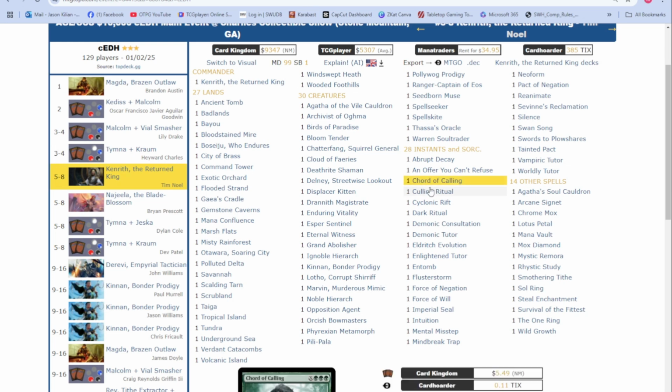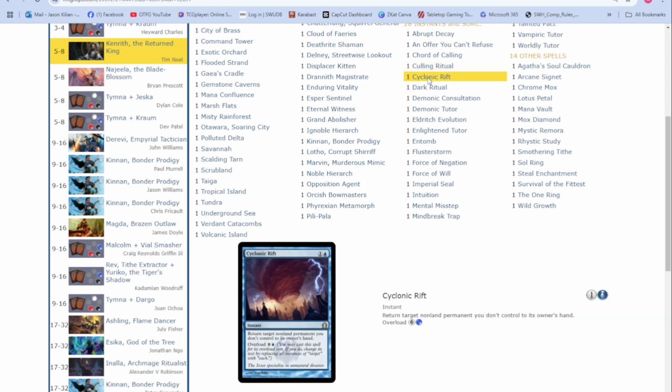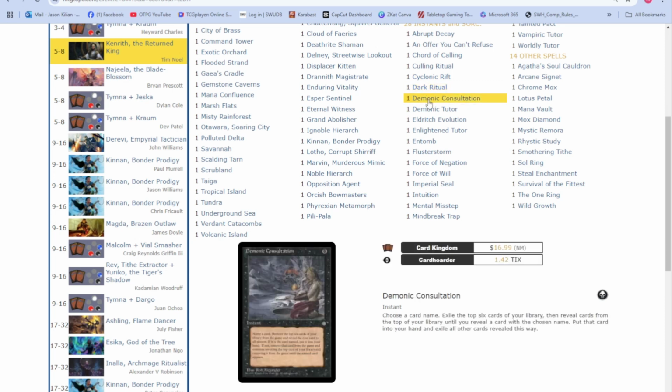Court of Callings bring out creatures from your deck. The Calling Ritual, destroy each non-land permanent that's value 2 or less, and then add a green or a black for each permanent destroyed this way. Ugh, so good. Cyclonic Rift, kind of bounce everything and reset the board. You get the Dark Ritual to gain yourself some extra resources, extra mana. Demonic Consultation. This one here is another way of, says name a card to remove the top 6 cards. So basically,